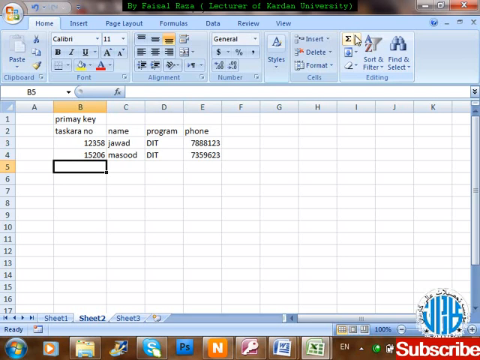Another one is Kamal. Okay, not here, 15 or here 70 and 4. Let's suppose one number. Right now Kamal is there and he's studying BBA here, and his phone number is, let's suppose, this number. Right now, what the problem I'm going to show you here is that this Jawad right now wants to take